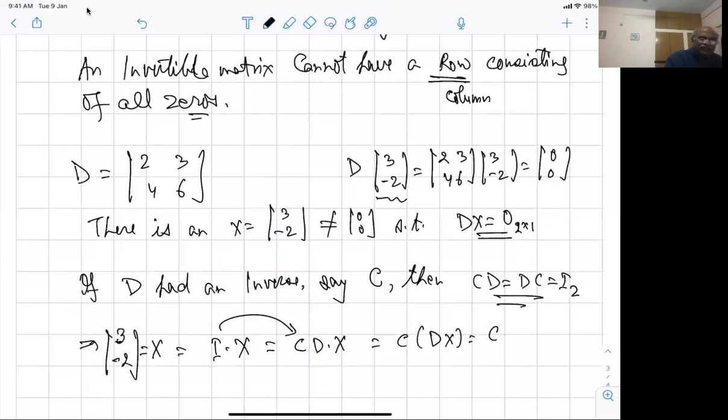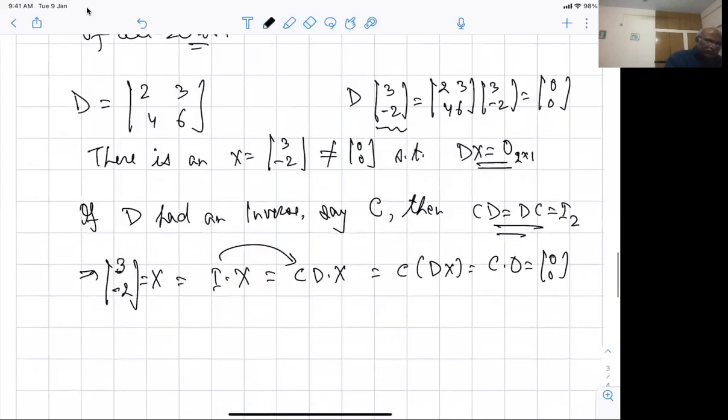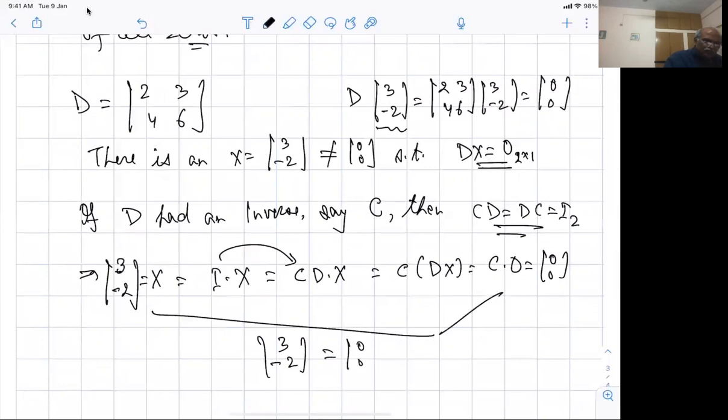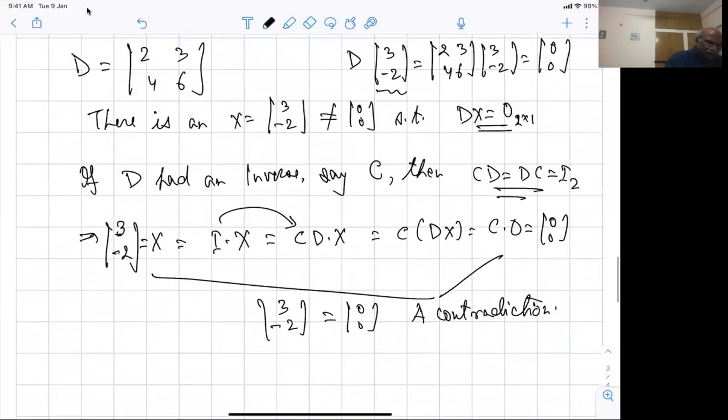This is C times what is Dx? Dx is 0 here. So this is the same as 0, 0. So what we are saying here is that the vector 3 comma minus 2 is the same as 0, 0. All right. This is a contradiction. Fine. So what we are saying here is that the determinant is 0. If the system Dx is equal to 0, then the second column of D is